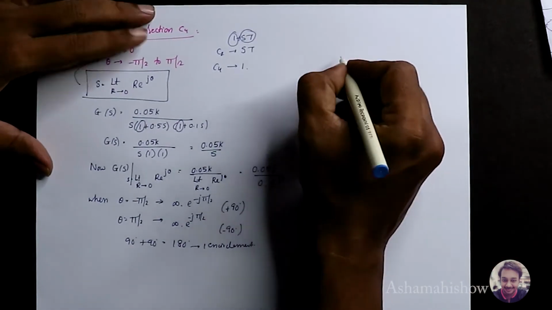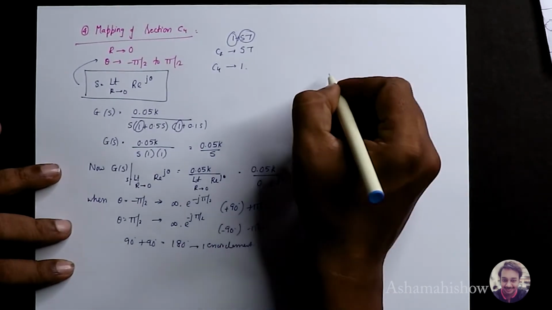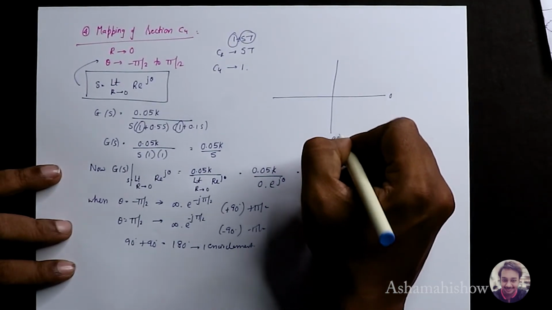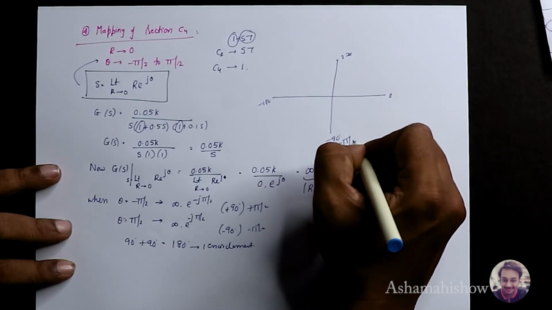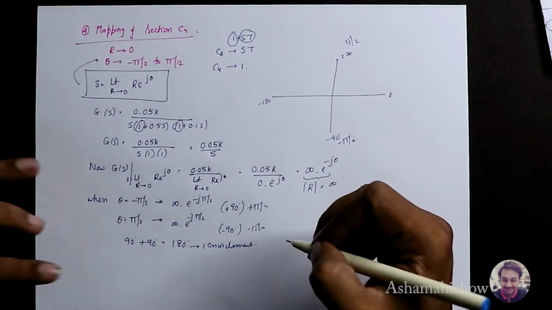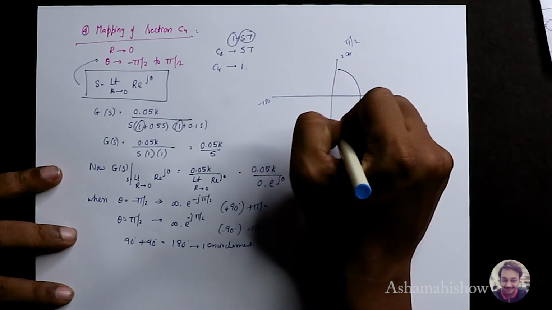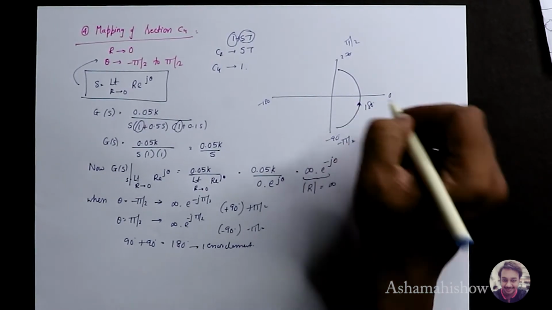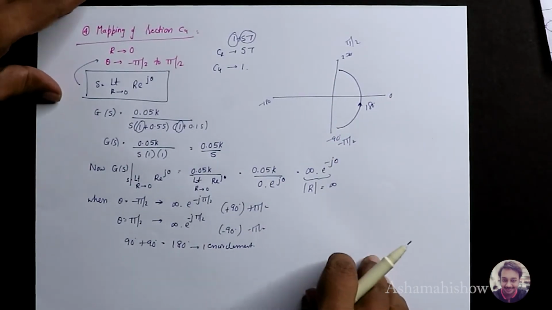Now let us draw C4. I'll draw here itself. Your C4 is ranging from plus pi by 2 to minus pi by 2. If I draw only C4, this is 0, this minus 90, this minus 180, this minus 270. So this is minus pi by 2, this becomes pi by 2. C4 will be ranging from pi by 2 to minus pi by 2 with only one encirclement with 180 degrees angle. Now add all C1, C2, C3, C4 and let us see. Now I have got all together.